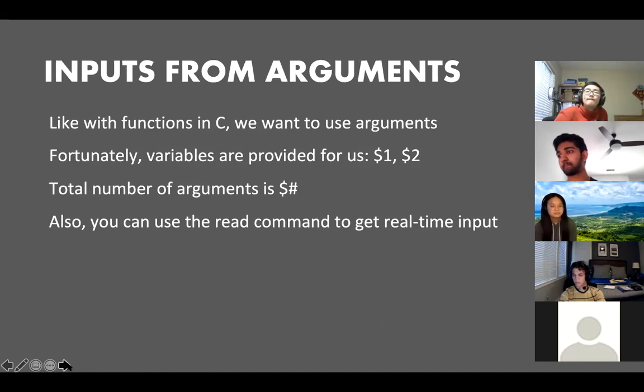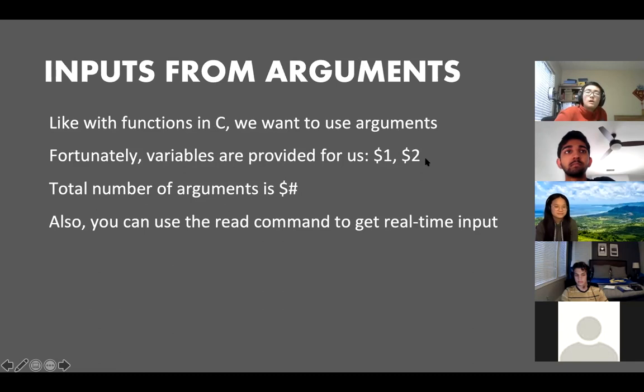All right, so we're almost done with all this information, but there's a couple more things to talk about for shell scripts. We can also have arguments for our shell scripts. Like we saw before, oftentimes our commands will need an argument, like a file input or something like that, to operate upon. And we can actually do that ourselves with our shell scripts. Fortunately, we have variables provided for us in our shell scripts to do this. That means our $1 and $2 and so on are variables that we can call in our shell script